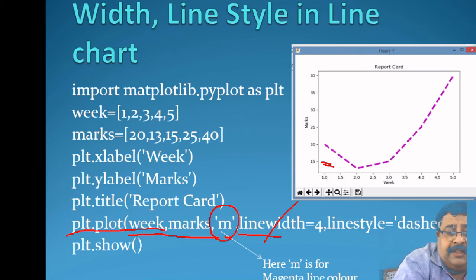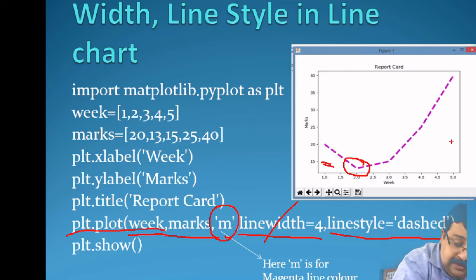Then we have the line width. The line width will tell what is the thickness of this line. And then the next argument we are having is line style. That means how the line is plotted. So we can see here that the line is plotted in dashes.